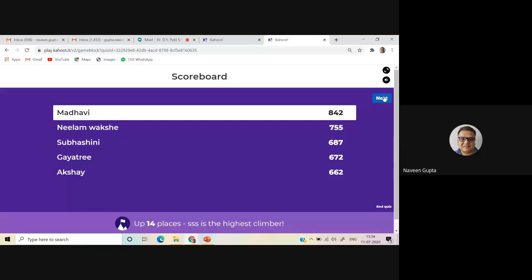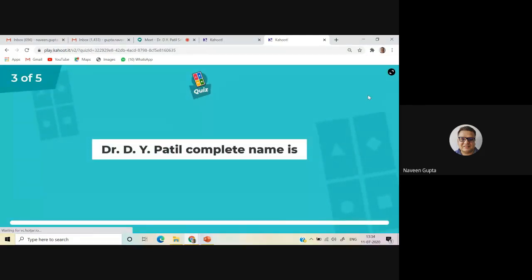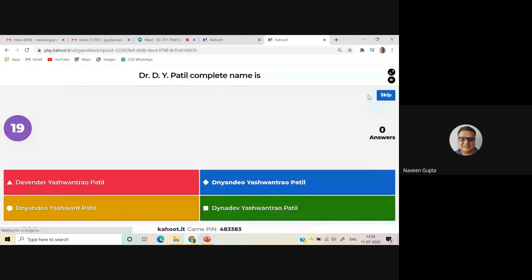Now again, Madhvi ma'am is leading. Reshma ma'am comes in with some upgrade. Devashri ma'am is again there, Gayatri ma'am, and the last one. Next, third question. Dr. D.Y. Patil's complete name is Devendra Yashwant Rao Patil, red color. Dhanedeo Yashwant Rao Patil,